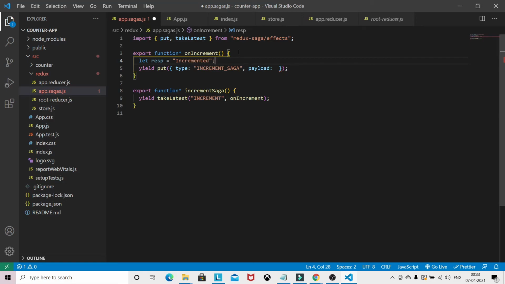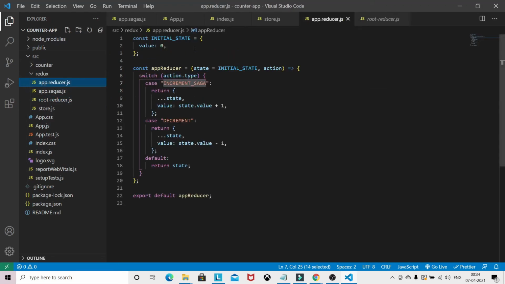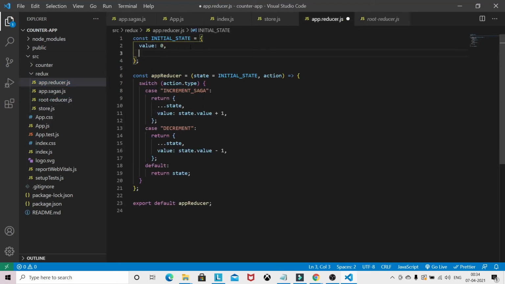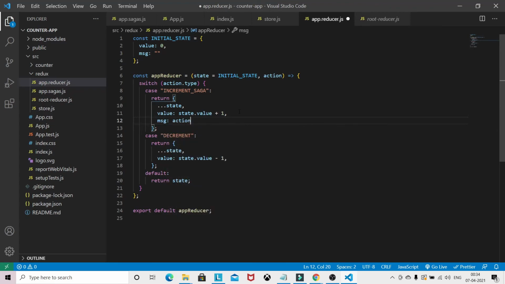This is just to demonstrate how you can pass the response to the reducer and update the reducer with the updated response from the API. In the app reducer, you can provide an initial state like message, and use action.payload.